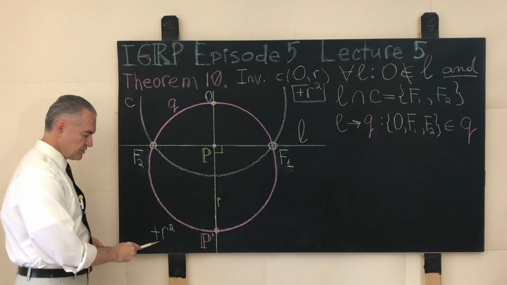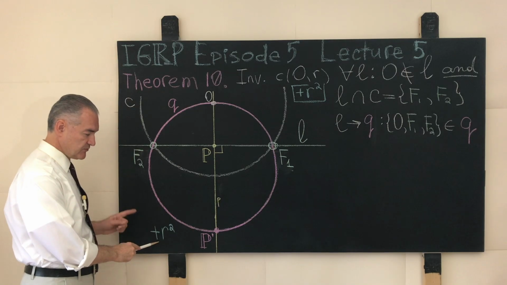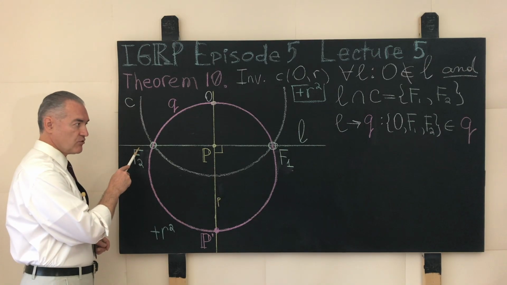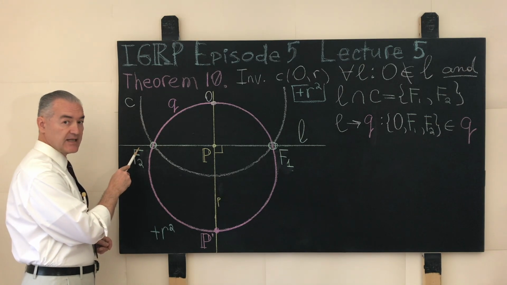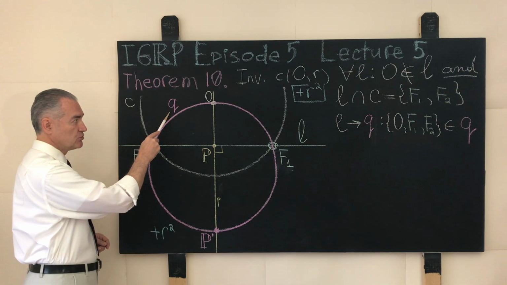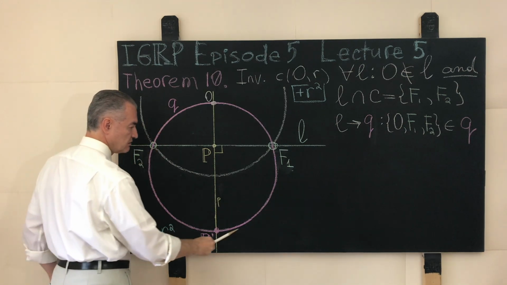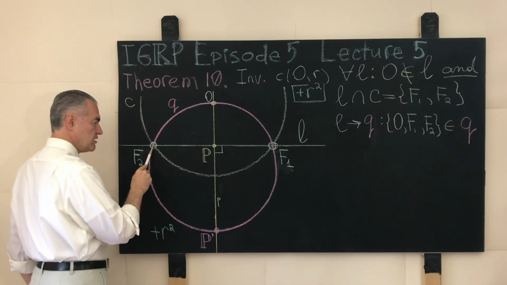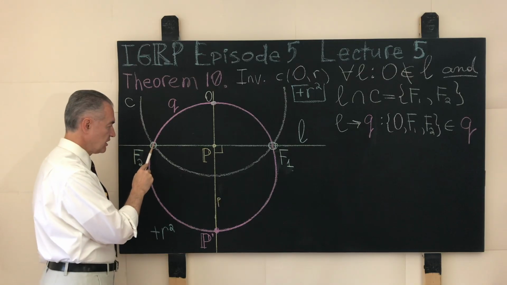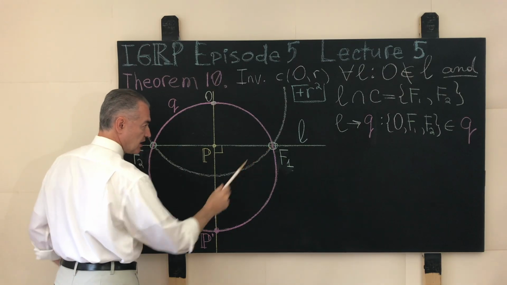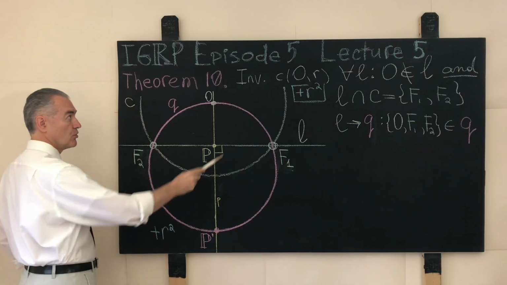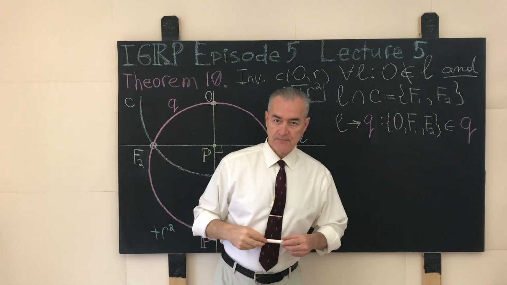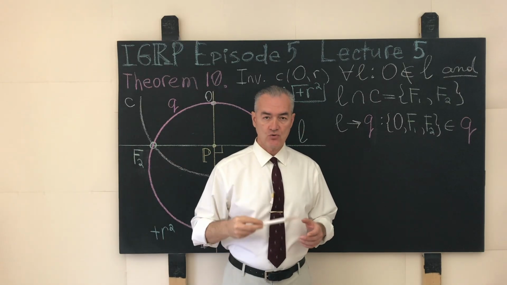Under these conditions, when the power of inversion is positive, that is important, the image of that straight line is taken into a red circle named Q, shown over here in red, that passes precisely through the center of inversion and the shared or common points F2 and F1. This is the gist, the essence of the statement of theorem number 10. We suggest that you try to generate a proof of that theorem on your own, and before you walk away